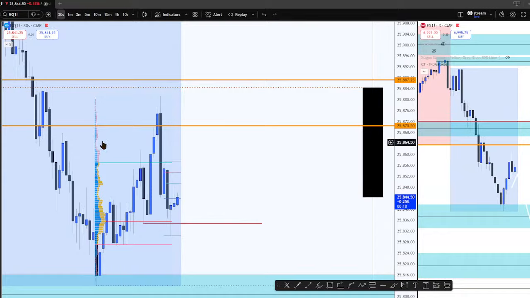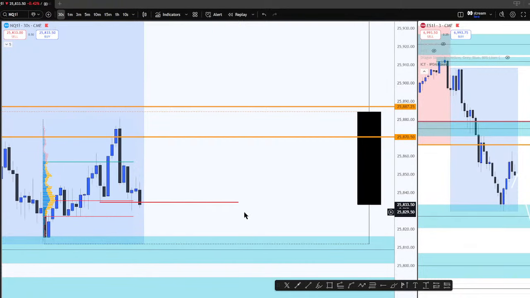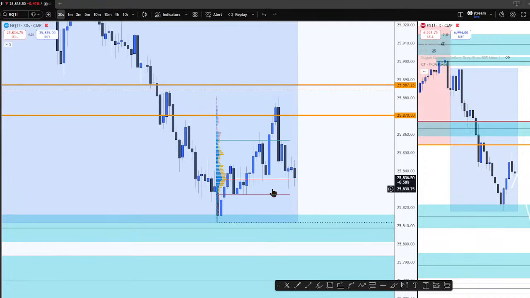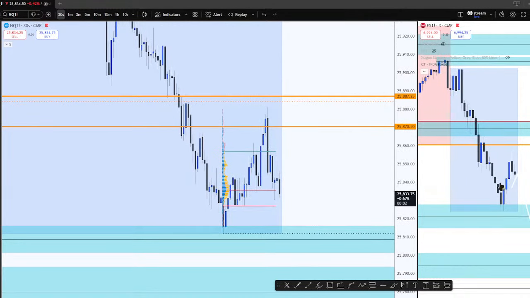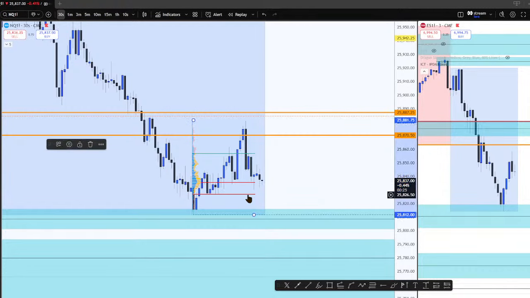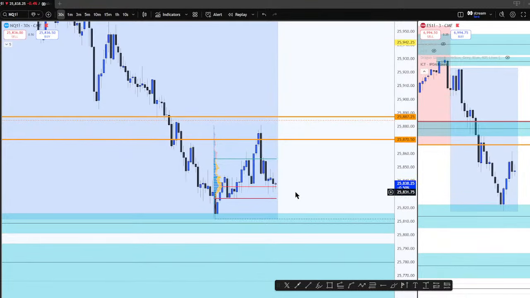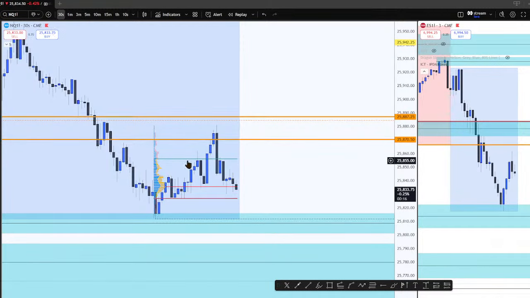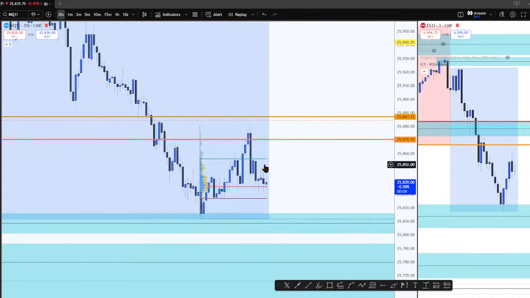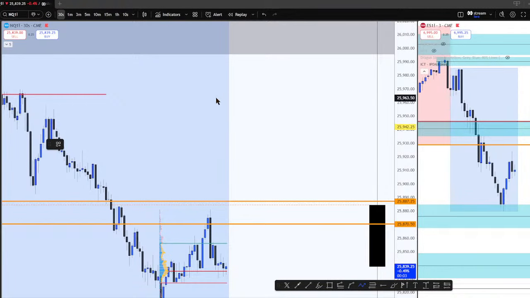But there's a lot of longs that were buying up here that are trapped, so they have to be getting out here in a second. You can't take that much drawdown. Yeah, they're getting out. I always try to think about that. There's a lot of focus on algorithms, but there's still 30% of this market that's human, right? And humans also program this shit. So there's still human behavior in the market. Greed and fear, right? If you're long up here, if you chase price at any point up here, you're fucked. So anytime price gets back near their break even price, that's why support turned resistance works so well, because